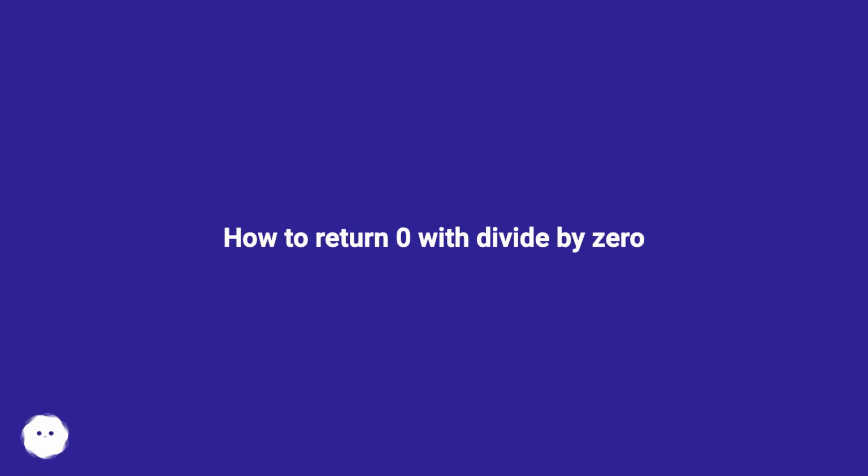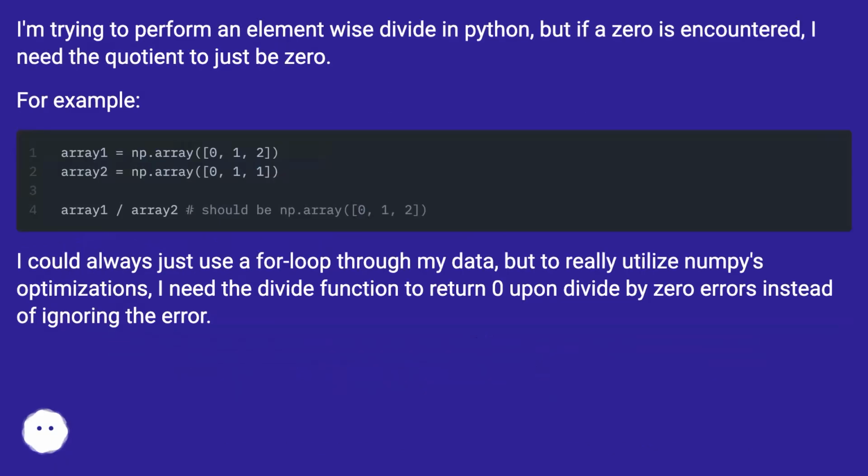How to return 0 with divide by 0. I'm trying to perform an element-wise divide in Python, but if a 0 is encountered, I need the quotient to just be 0. For example,